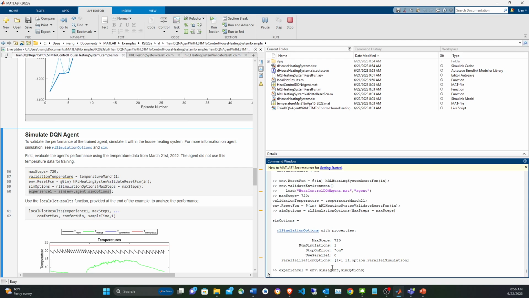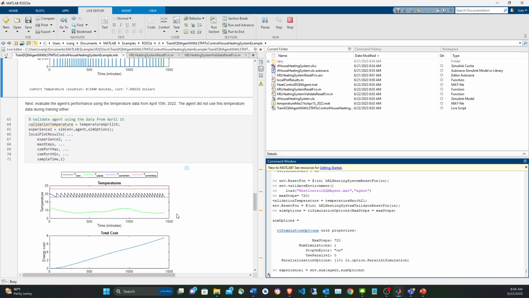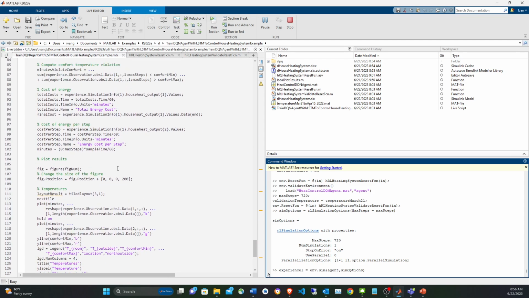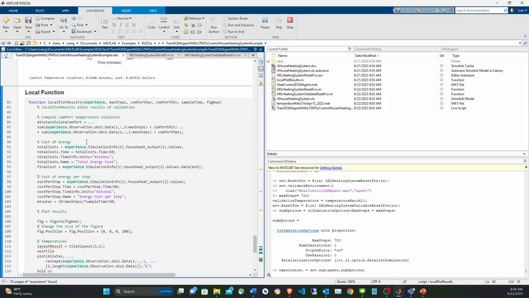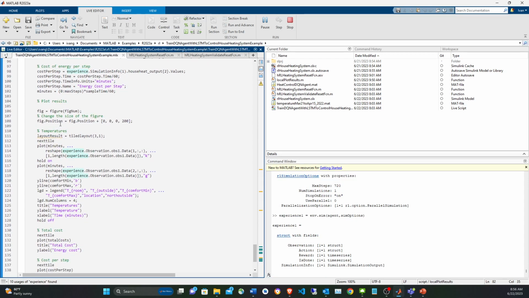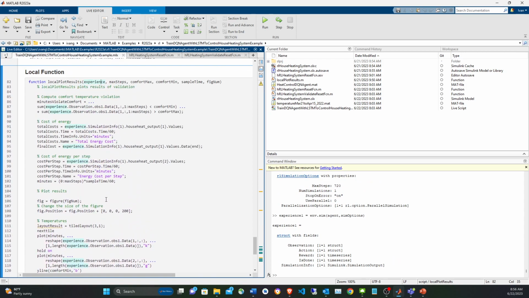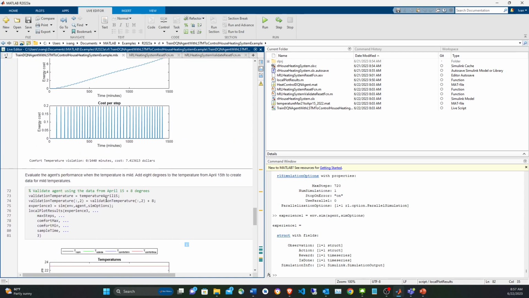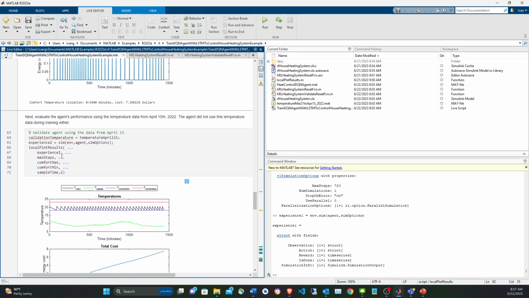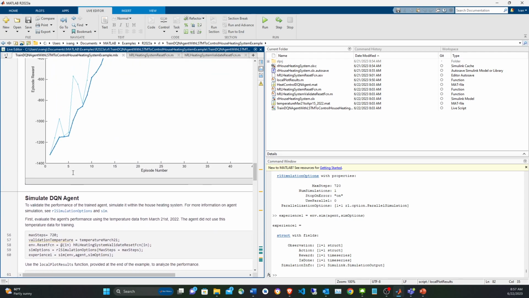And I'm gonna get the experience, and then this example is gonna have a plotting function. I'm not gonna go into the details. That is gonna take the experience, and it's gonna plot it in 3 different plots using this function. Okay, so now I got the experience from the simulation of the data of March. So I'm gonna plot it,